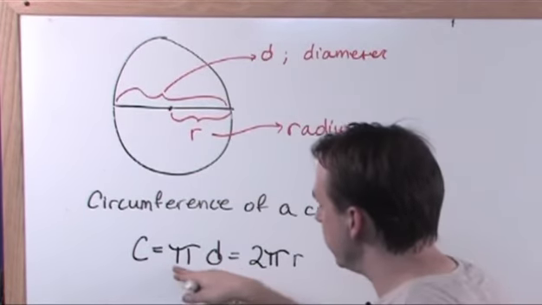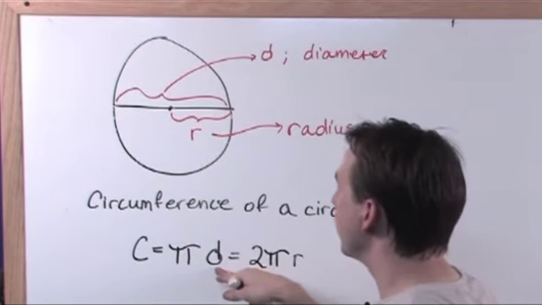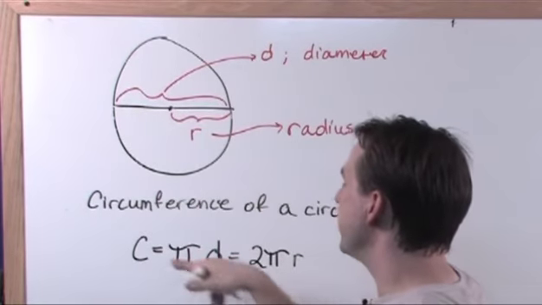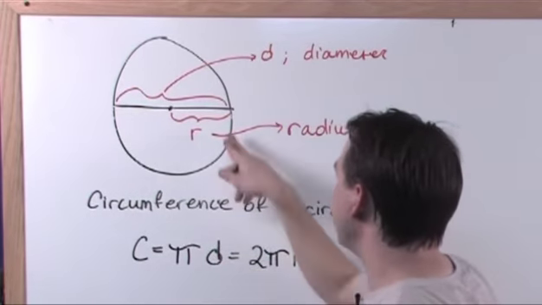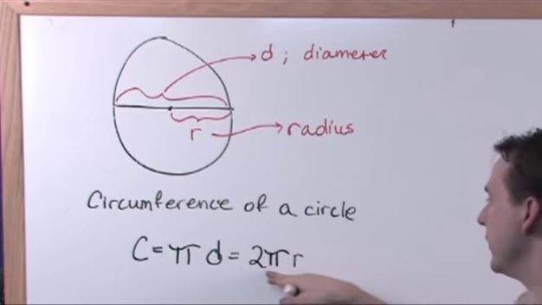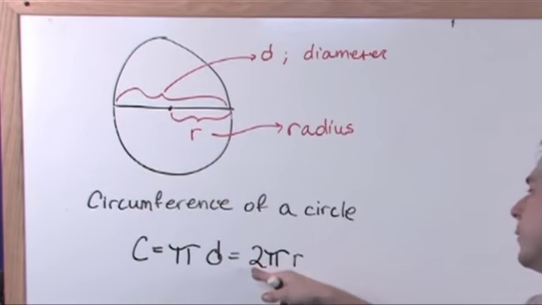Sometimes you use this one depending on what you have. Maybe you have the diameter in your problem and you have that number in your figure and you could use this number here. Sometimes you only have the radius and you use this one here. But in any case, if you're given the radius, you're just multiplying by 2